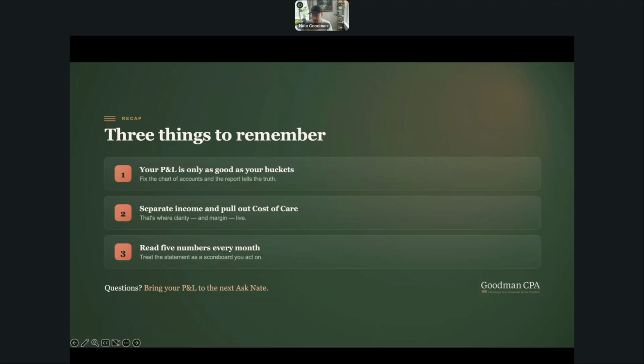All right, last three things to remember here. Your P&L is only as good as your buckets. Fix the chart of accounts, and the report will tell you the truth. Separate your income and pull out your cost of care, so you can know where you have margin and what your cost for each patient is. And then read those 4 to 5 numbers every month and treat this statement as a scoreboard